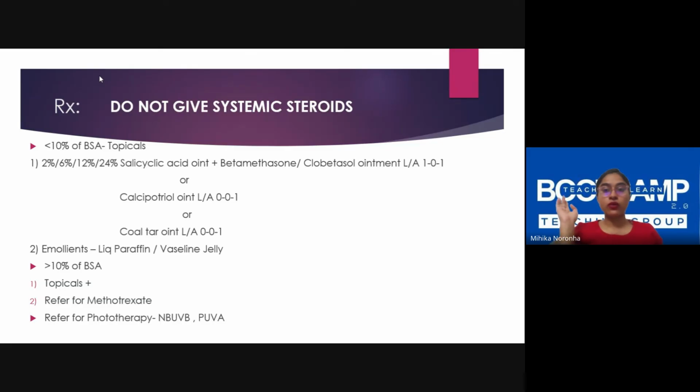You might think you're doing something of great benefit to the patient, but giving a systemic steroid or applying even topical steroids to more than 10% body surface area can trigger off a pustular flare. The drugs which we use for pustular psoriasis, which are cyclosporin and retinoids, tend to be very expensive. Plus ICU stay, it can wipe out a patient's entire savings. So please do not harm your patients. Do not think of giving systemic steroids. If there's the slightest doubt that you're not sure it's psoriasis, stay on the safe side. Give an antihistamine, give a topical, do not give systemic treatments.